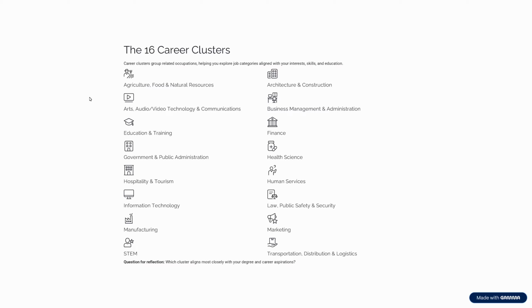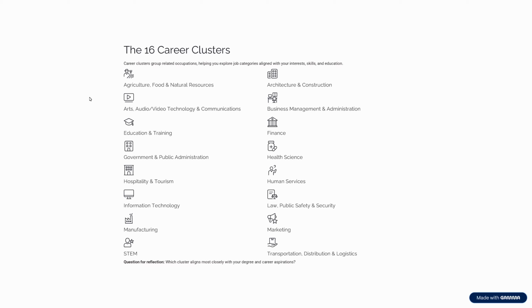It means that these various careers would need similar experiences, similar skills, similar competencies. That's why I told you that when you're preparing the other assignment that I gave you, it should be at least 3 careers. Then the second, we have arts, video technology, and communication. They work together. The next, we have education and training. They work together. We have hospitality and tourism. They work together.